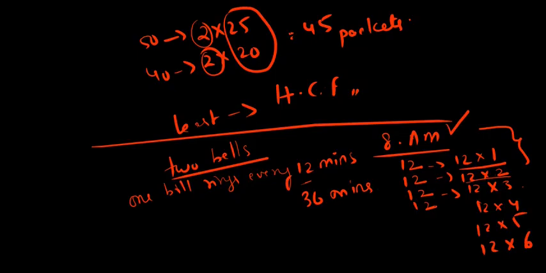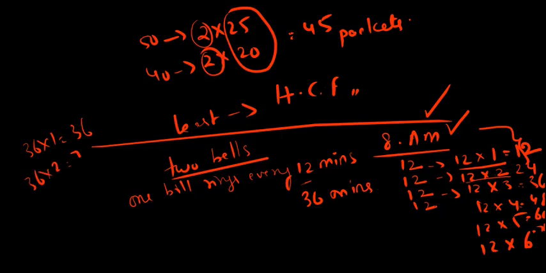24 minutes after 8 o'clock, next 24 minutes, 36 minutes, 48 minutes, 60 minutes, 72 minutes, the bell will be rung. Here, for every 36 minutes, right? 36 ones are 36. 36 twos are 72. Both will be rung